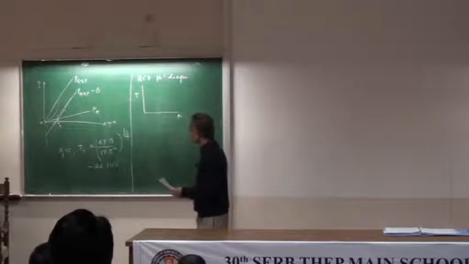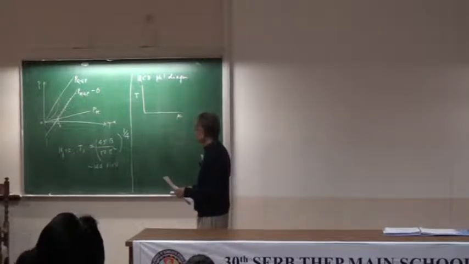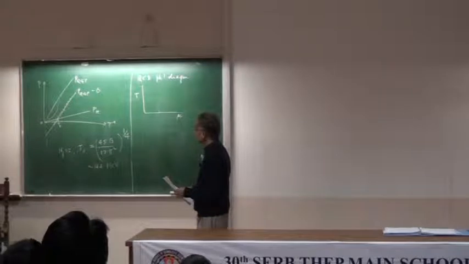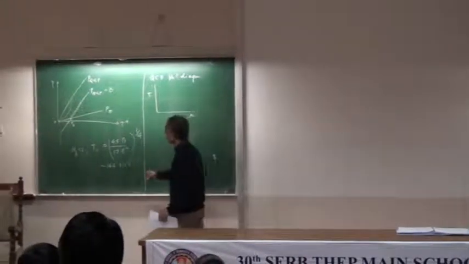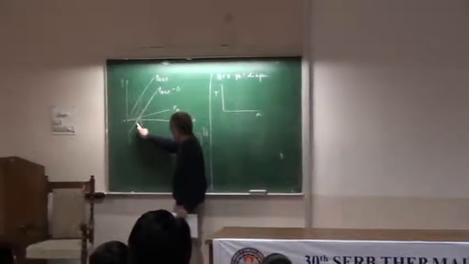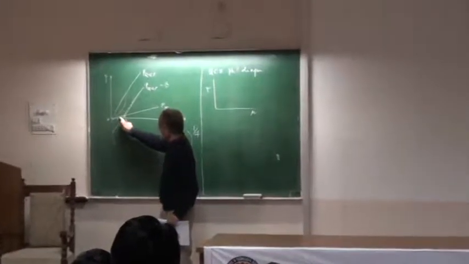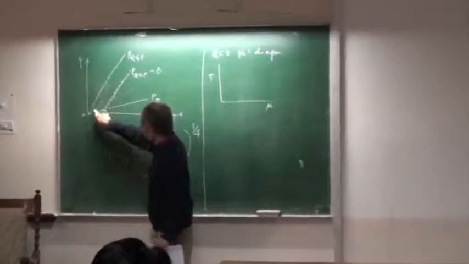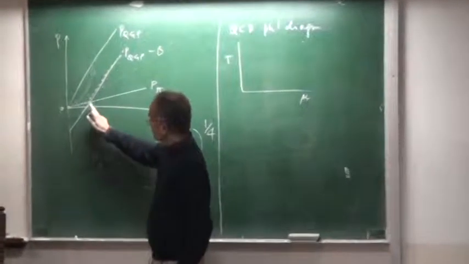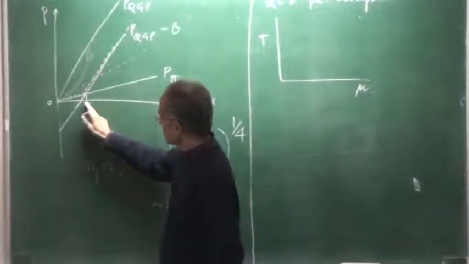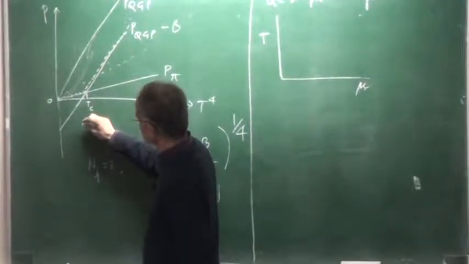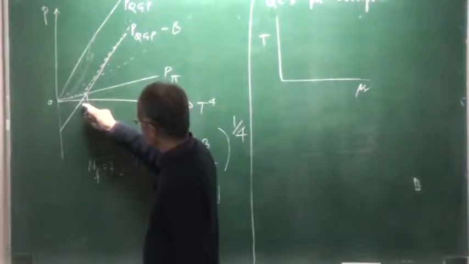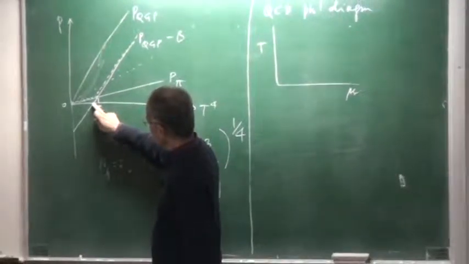Below TC, at the T4 axis, in that region the QGP pressure is higher than the back constant. No, no. Below TC, the QGP pressure is lower than the pion pressure. In the region below TC and around the line which is cutting the T4 axis, in this region PQGP minus B is positive, right?